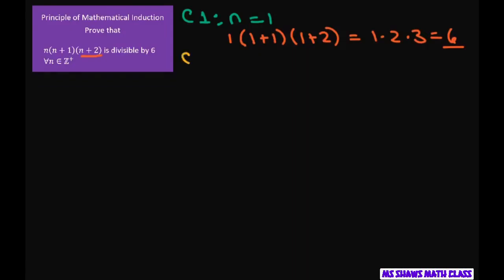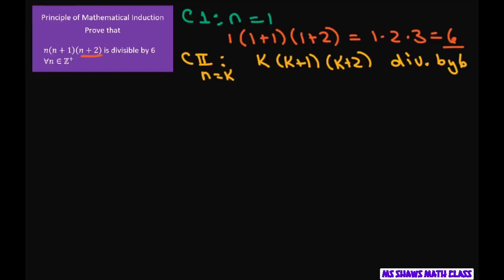So for condition 2, what we're doing is we're checking for k. So n equals k. If n equals k, we have k times k plus 1 times k plus 2. And we're assuming that this is divisible by 6. That's our assumption. And then we're going to show